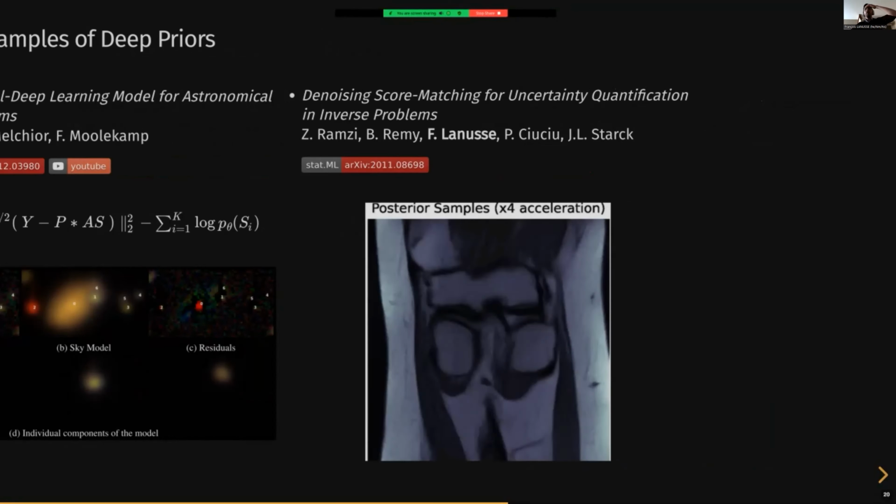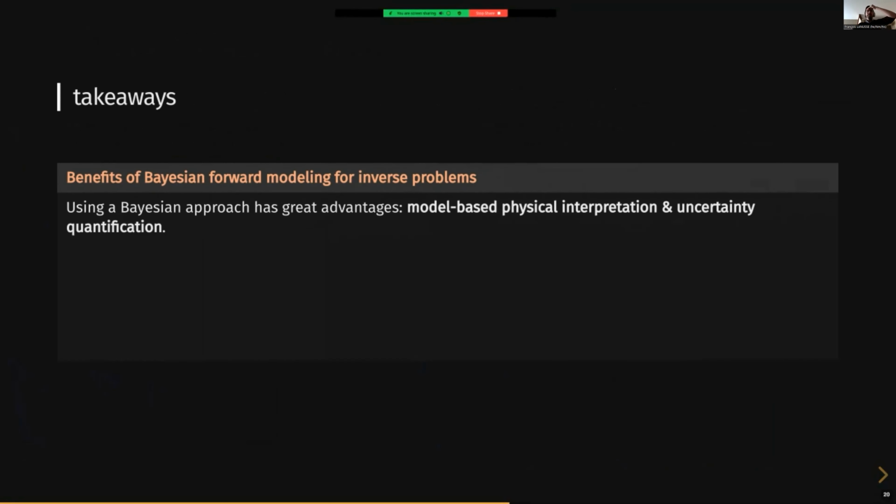All right, so the main takeaway that I want to highlight here is that having access to deep generative models has given us a way to take those implicit distributions, that can either be driven by data themselves or by simulations, and put them inside a physical model where we have a likelihood that is given by physics and that we can solve with a Bayesian approach that gives us robust uncertainty quantification.